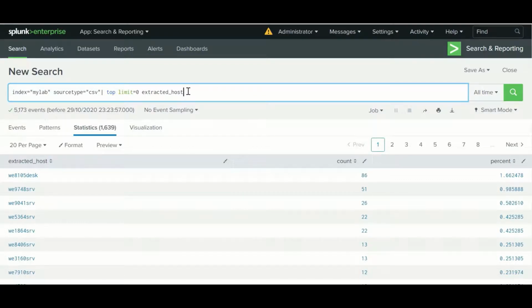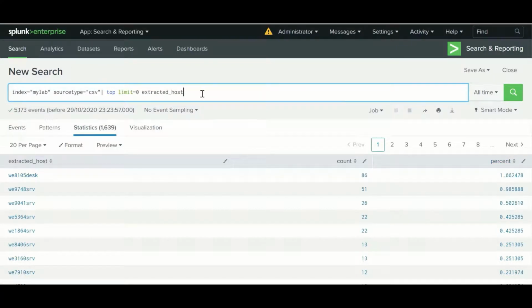There are some more things. If showperc is not included, or it is included and set as true, the percentage column is displayed. By default it is true.